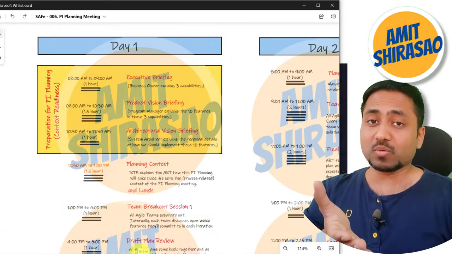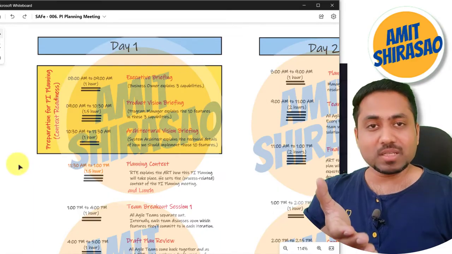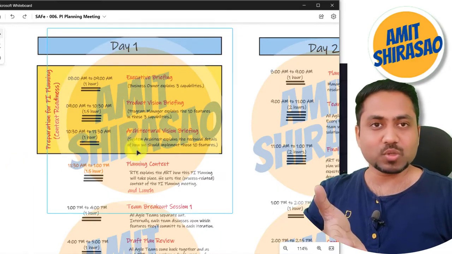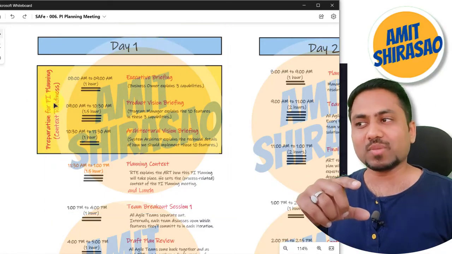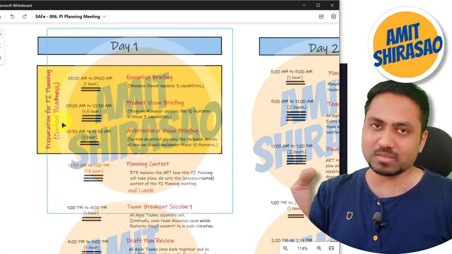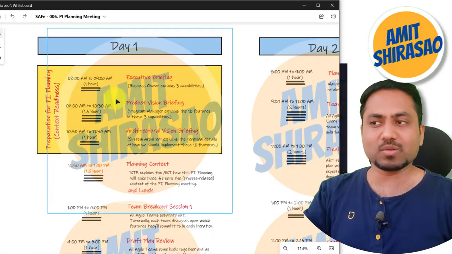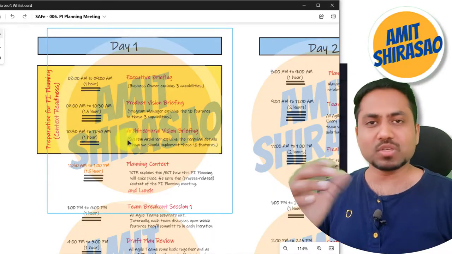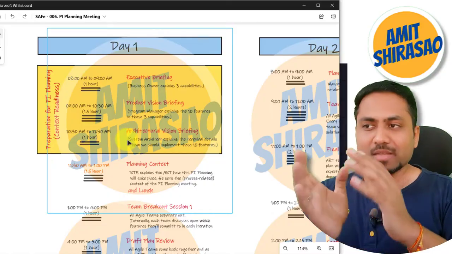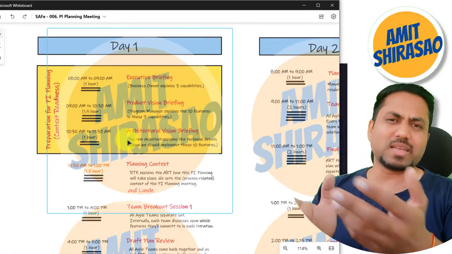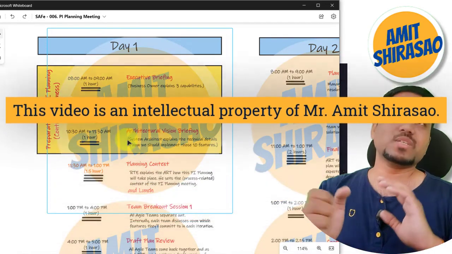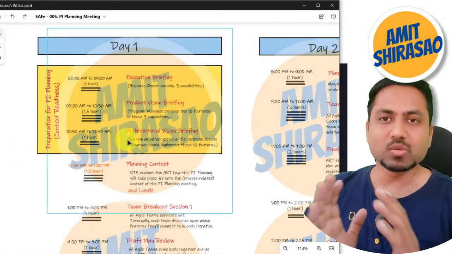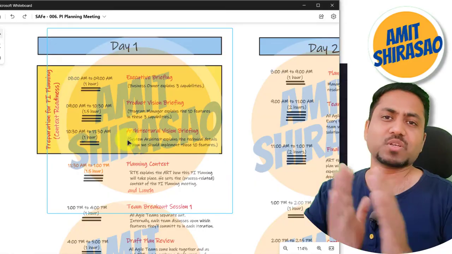It's up to you what you want to consider, but even in the material they have given these 3 steps in day 1's activities, and in PI planning readiness they also explain how you prepare for a PI planning. So there also they have given these 3 things. It's up to you how you want to consider it. I normally think it is a gray area. It depends upon the way you look at it. Different people have different perspectives, and I respect all of them.